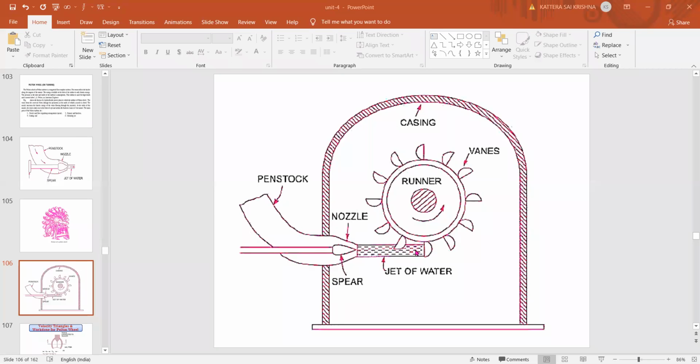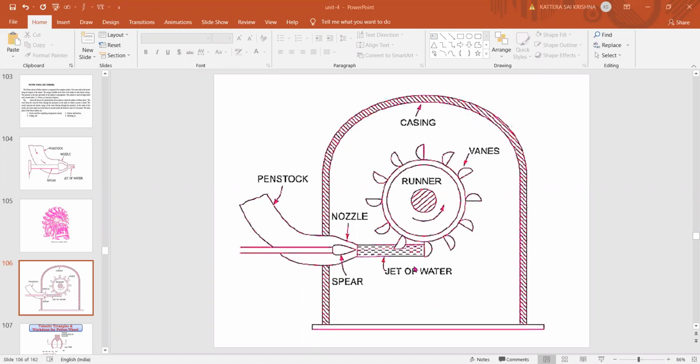As the water comes in the form of a jet, the runner will rotate because the blades rotate continuously as the jet strikes each and every blade. It will continuously rotate, and this shaft will be connected to a generator from where the power will be produced, right? This is called the casing. The casing's purpose is to not allow the water to go out, so that spray of water cannot come out. The function of the casing is to prevent the splashing of water and to discharge water to the tail race. After hitting the blades, the water is collected in the tail race, right? That is the functioning of the casing.